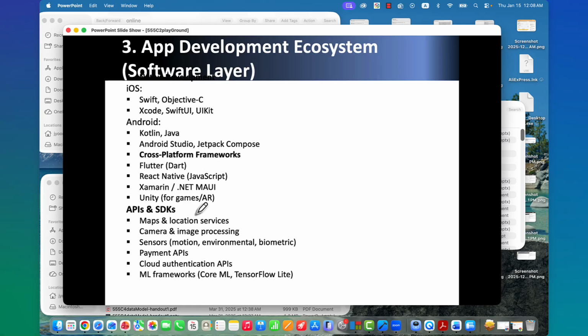And app development, software layer, then if we are thinking of iOS, then we need to work on Swift. Swift is much easier to code and easier to understand, although it comes from Objective-C, further down C languages.